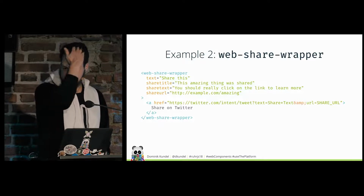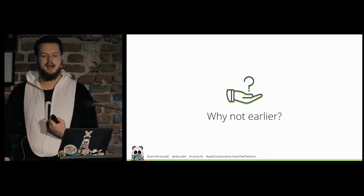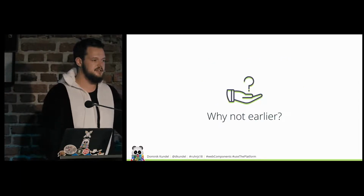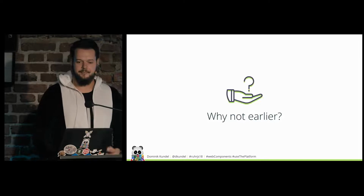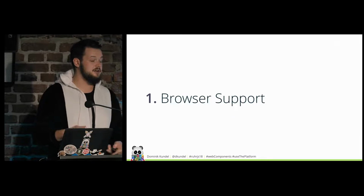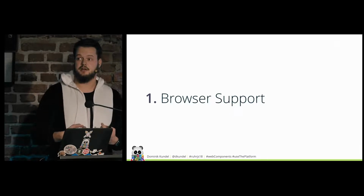All right. So if web components are so great, why didn't they take off earlier? They've been around for so long. We've been talking about them for 7 years. And there's multiple reasons. The first one is browser support. It took a while for the browsers to implement this, mainly because it took a long time for the V1 spec to come out. And that's because people didn't really adapt this